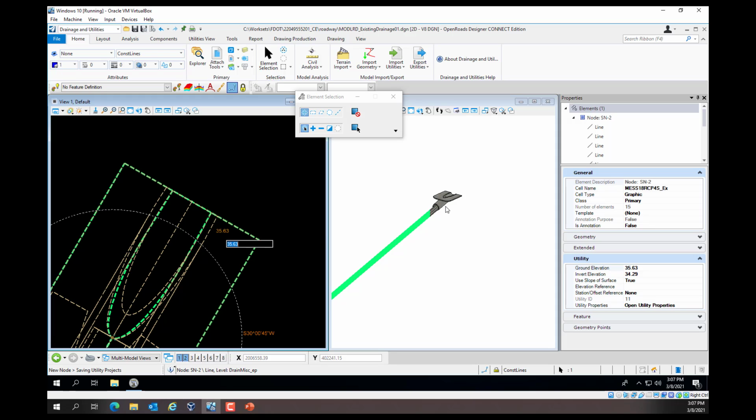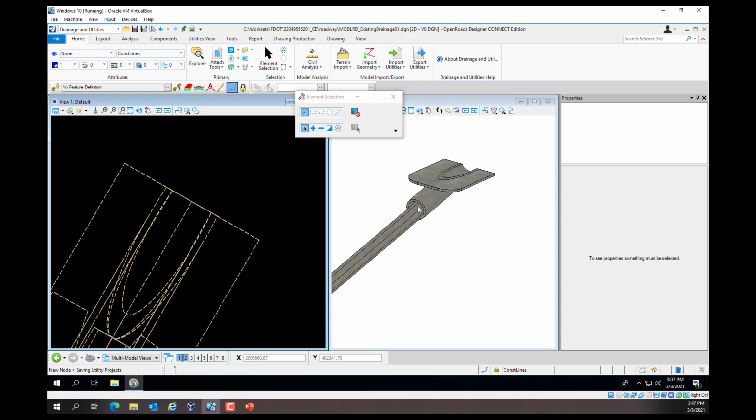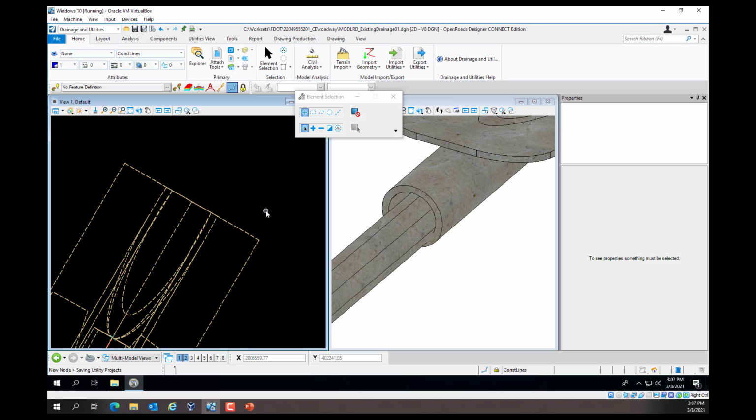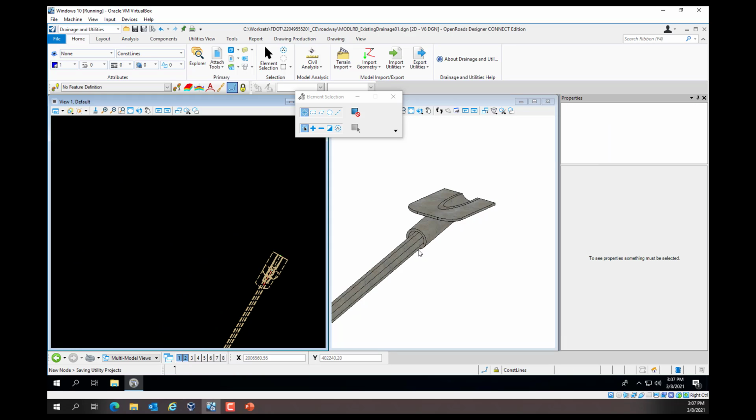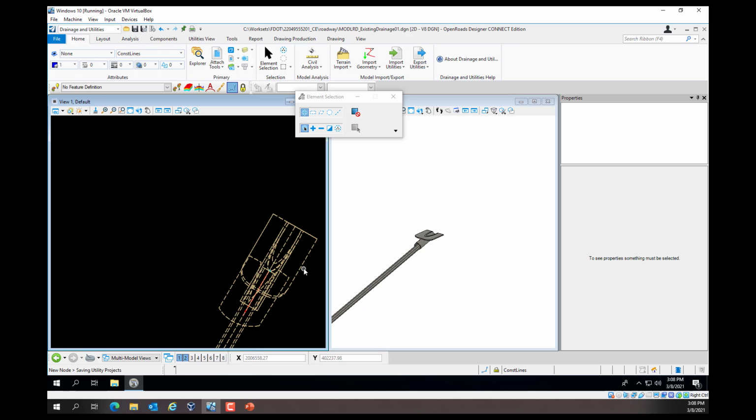You'll notice that that's going to adjust my invert by just clicking on it. And we'll notice that the size is different. We could type in the invert after we select it, so 34.29, or we can just click on it and adjust. Clicking on the number will adjust our invert.